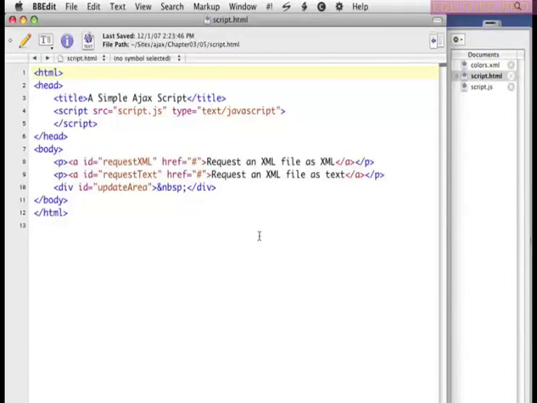Previously, we've talked about how the XML HTTP request object returns both text and XML versions of the data being requested. Sometimes you'll want to use one and sometimes the other. And in this exercise, we're going to get into why you'd want to use one over the other. If you're following along with the exercise files, this is